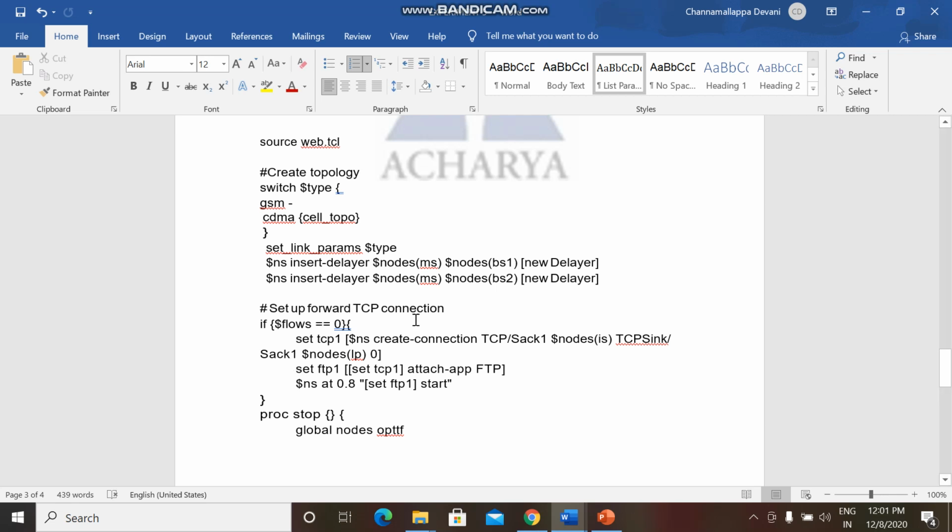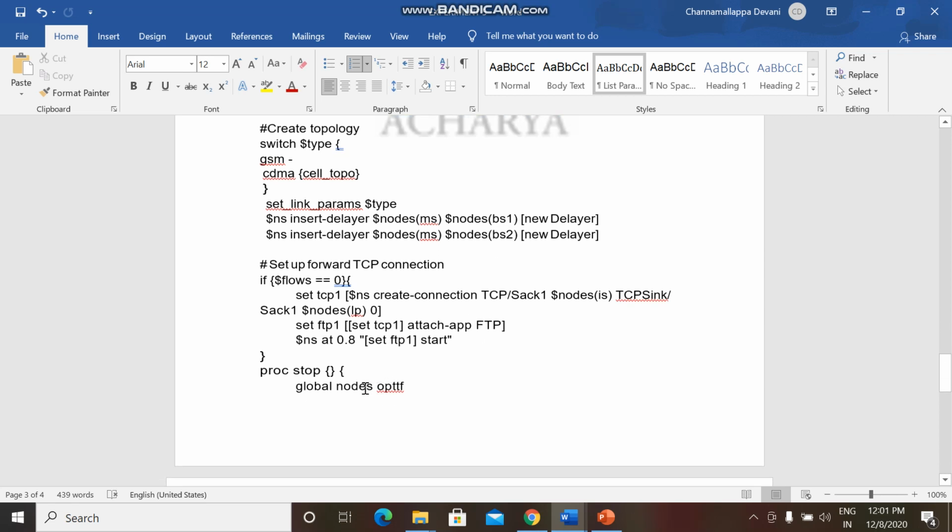Whenever we are using TCP as the transport layer protocol, the application agent which generates the traffic is FTP, right? So FTP is an agent application that has to be attached to TCP. Here we are attaching an FTP agent application, and it is started at time 0.8 second. We are starting the traffic generation at 0.8.